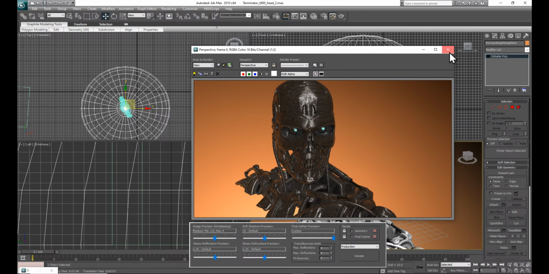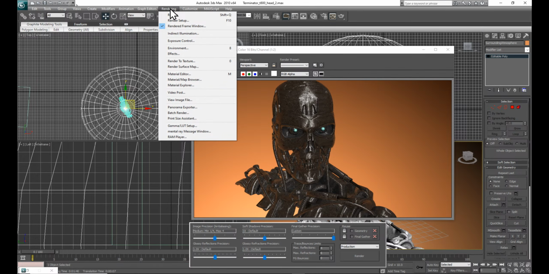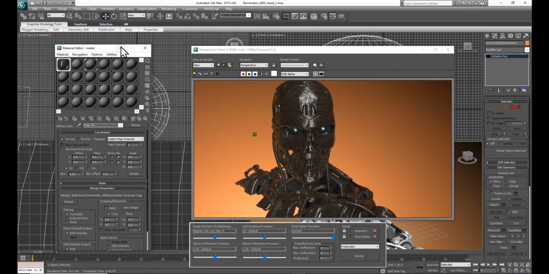All right, let's go ahead and close that. So we got this part, or let's keep it open. Let's go ahead and open the material editor. Again, you can press the rendering and material editor here, or I have it open. I just maxed it out. All right, so the next thing we're gonna do, instead of the orange background,